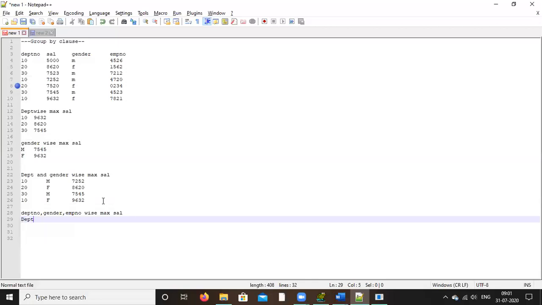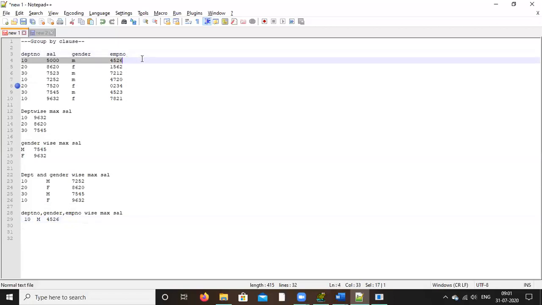Similar items, one group. So department number, no, remove the DPT. Remove that. So department 10 M, right? 10, tab, M is gender M, tab 4526. Then just check if any is a similar group. Is anyone there again? M 4526. Anyone is there? Only one, right? Then what is the maximum salary? That one only, 5,000.